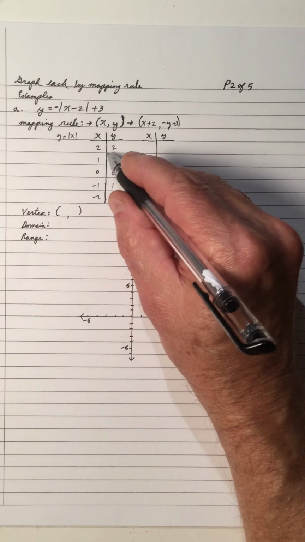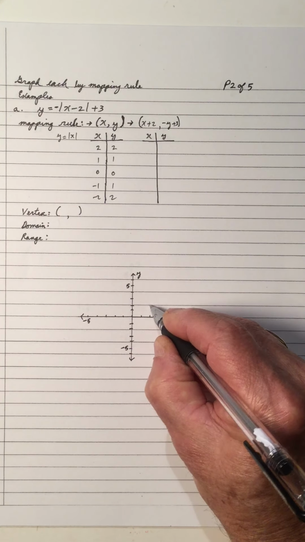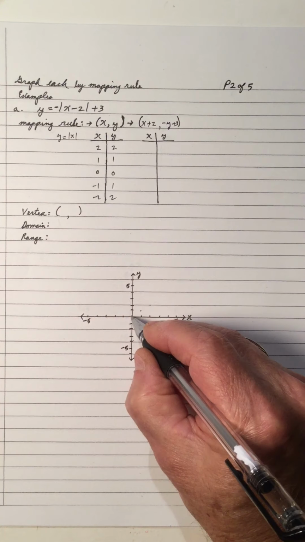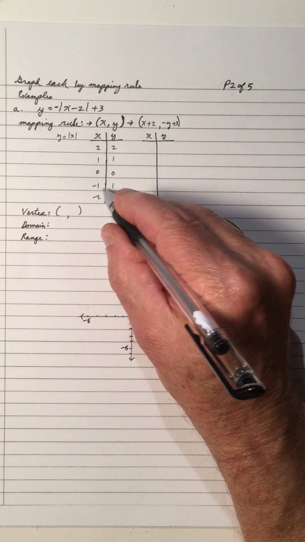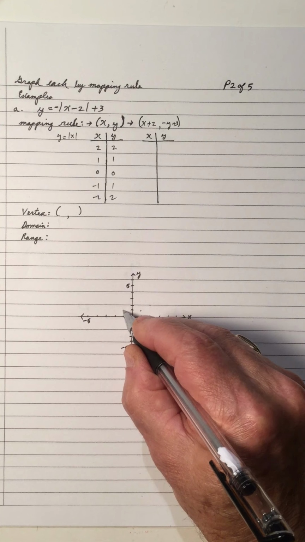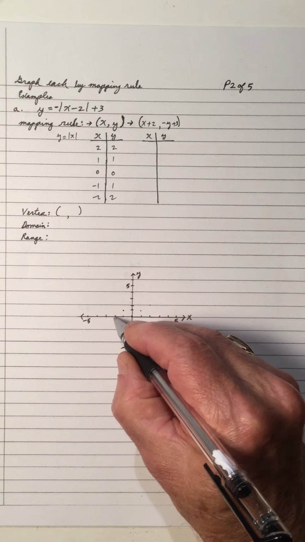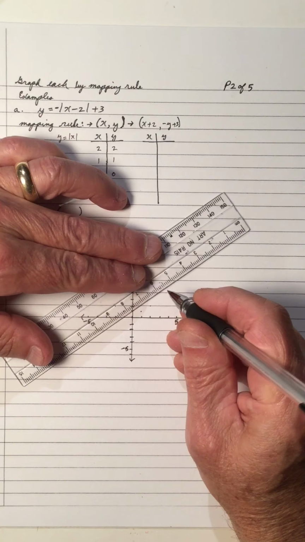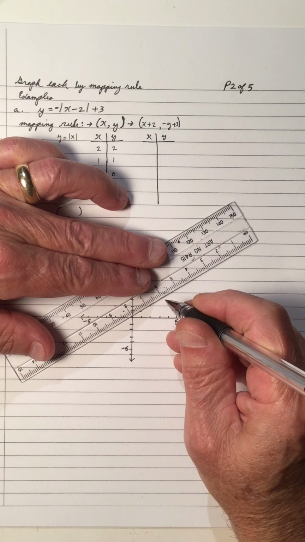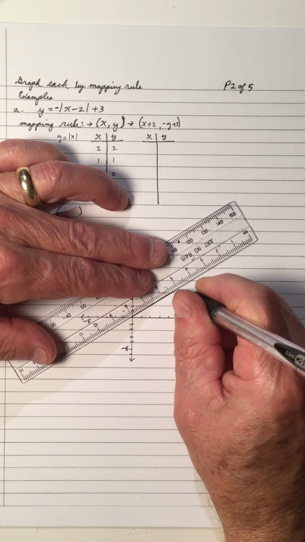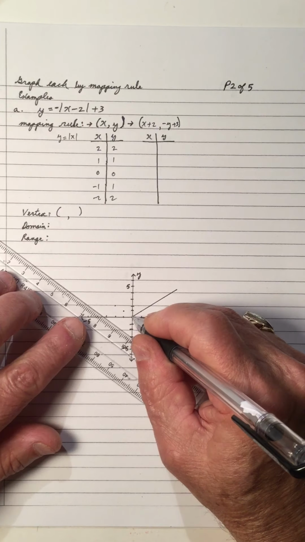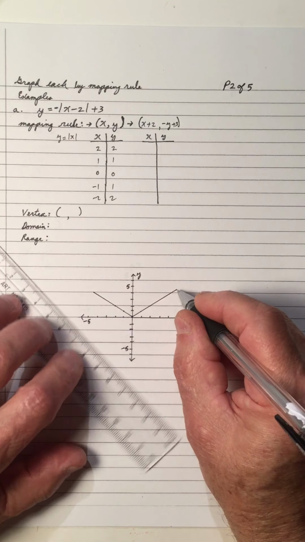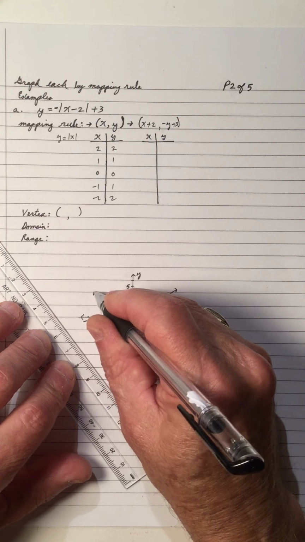So 2, 2, 1, 1, 0, 0, negative 1, 1, negative 2, 2. So we'll draw this, the basic equation of the absolute value function. So now we're going to use the mapping rule to